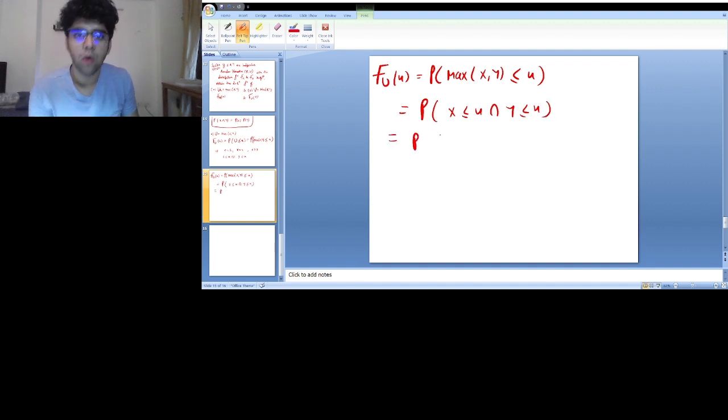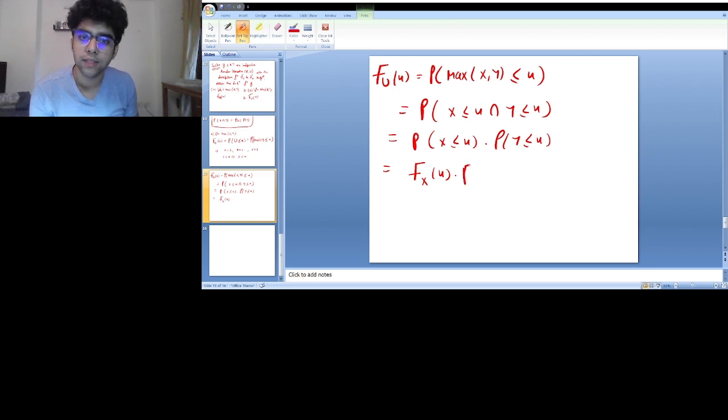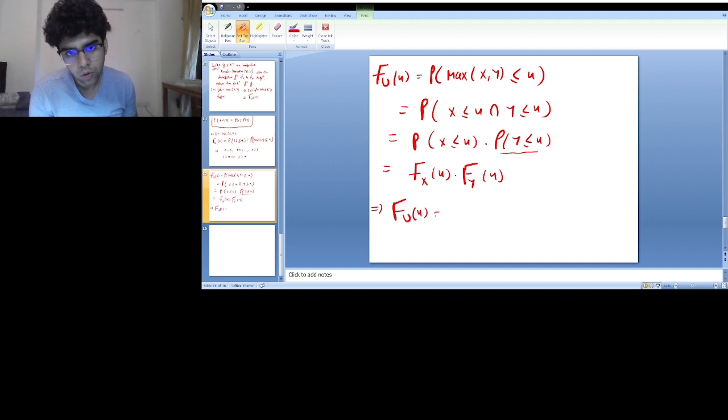This means that now I can apply the property of independent random variables, and I can separate this out: probability X less than u and probability Y less than or equal to u, right? And P of X less than u means we have the CDF of X where my point inside is u, and this term is my CDF of Y when my point inside is u, right? This implies that my F of U is equal to